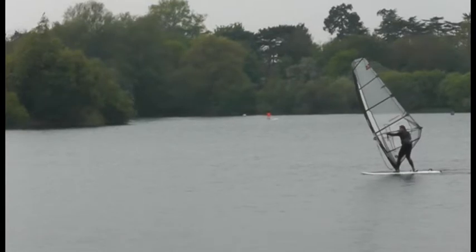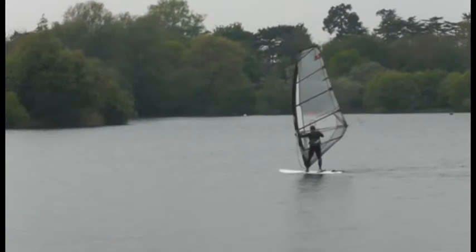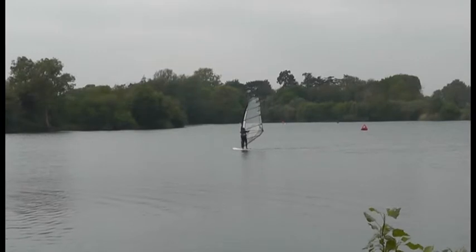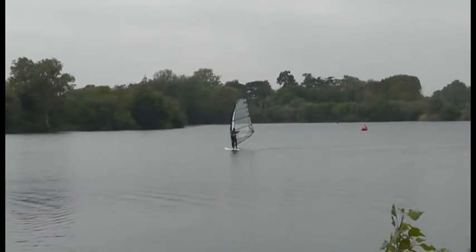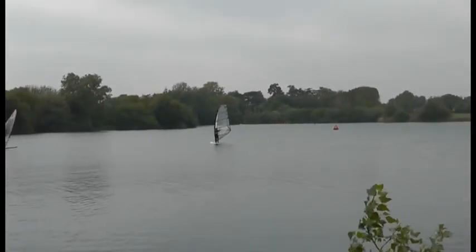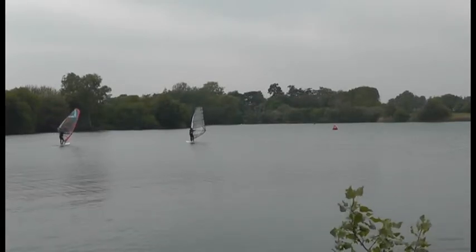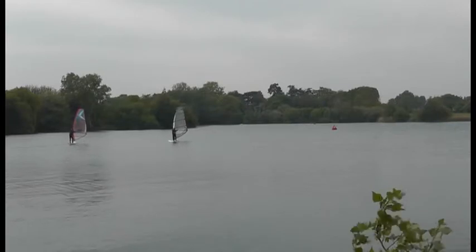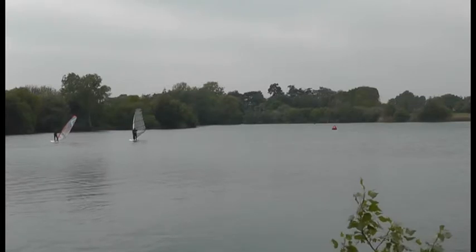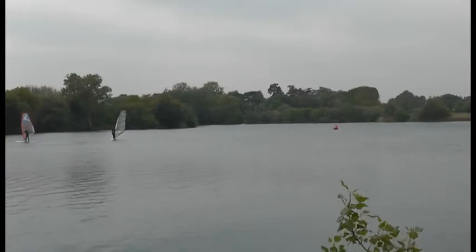Now he's turning into the wind, and the wind shifted just here. He held it for too long, he's gone right round. Yeah, well, that's expected. I mean, all the boats are the same on the basis that when you're going close to the wind, even if the wind is stable, you're relying on sort of random effects. And of course, when the wind shifts, it can help you or it can hinder. Right, so he's...